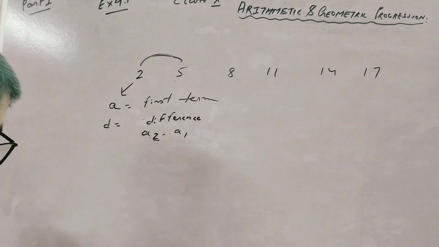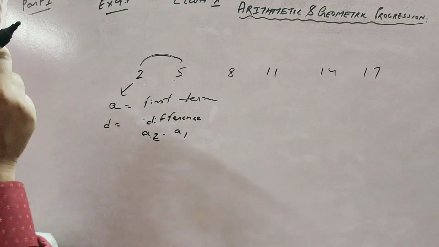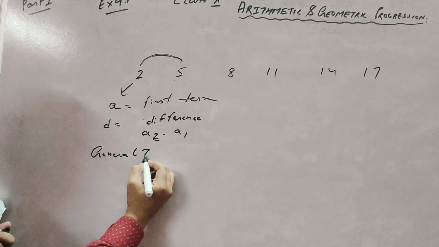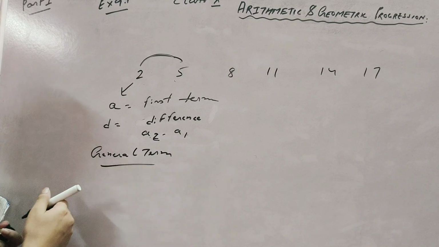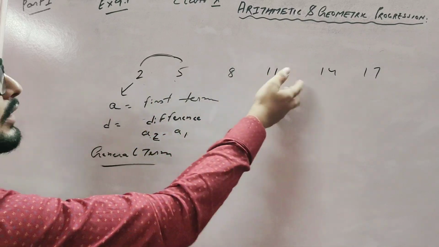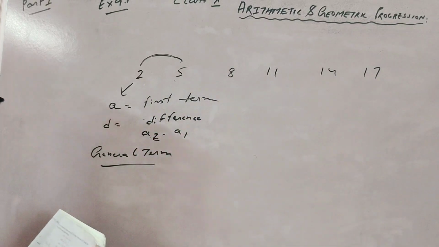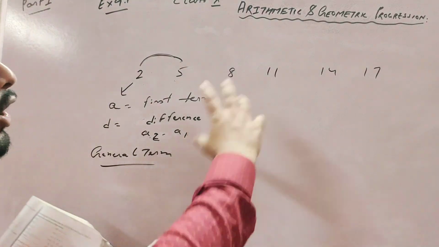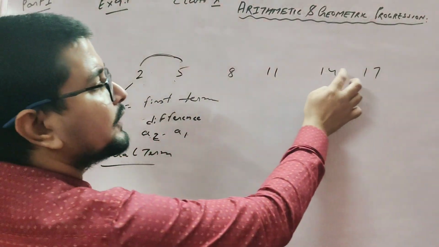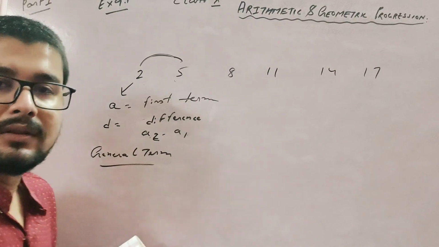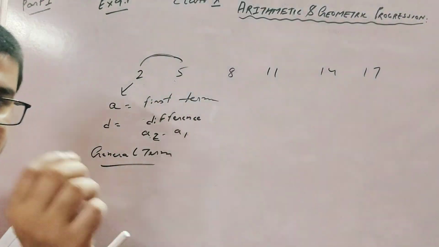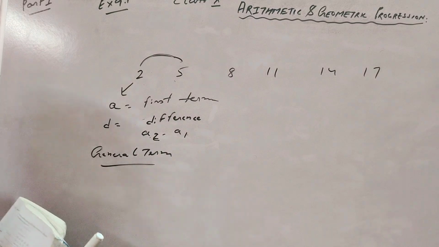So, and more formulas we read. Find the general term. What is the formula to find the general term? What do you mean by general term? The general term means, suppose these numbers are given: first term, second term, third term, fourth term. Suddenly the question asks what is the 38th term of it. That means you are not writing up to the 38th term. No, just a normal formula to calculate the 38th term.